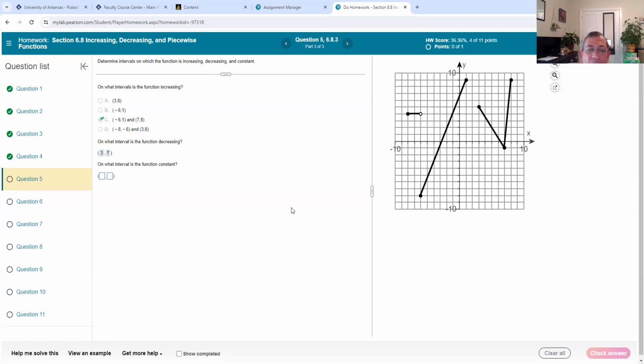So y'all, where is it constant? Constant is that straight line right there. The very first line is constant going straight across. We need to know where that starts and where that ends going left to right. So y'all, the solid dot, if you come straight down to the x-axis, ooh, that looks like about a negative